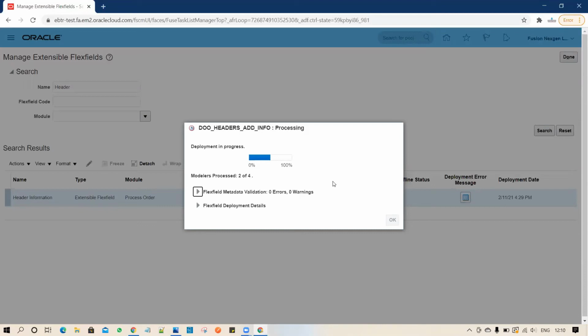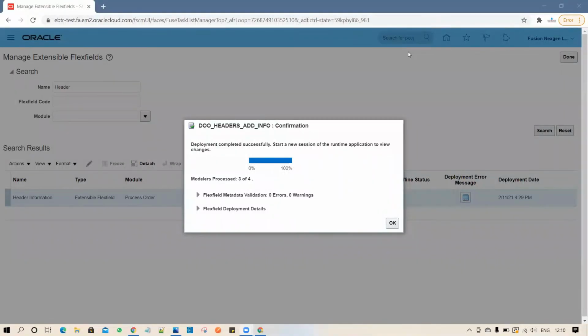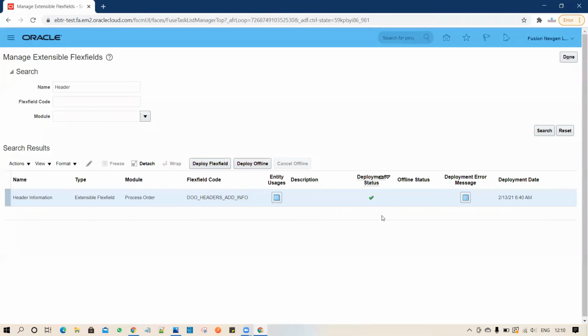You have to wait for it to progress. Yeah, as we can see, now it reaches 100%, and then click on OK. So you have to see that the deployment status is enabled, right? It's succeeded and we don't have any error. Now you have to click on done.